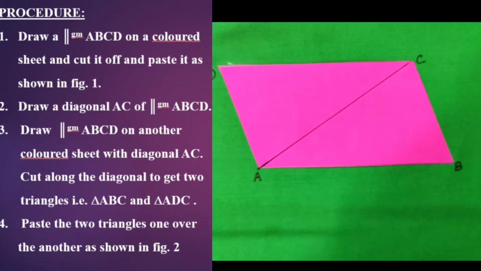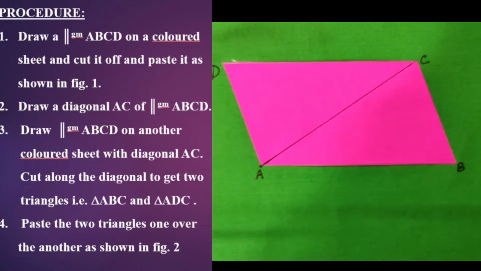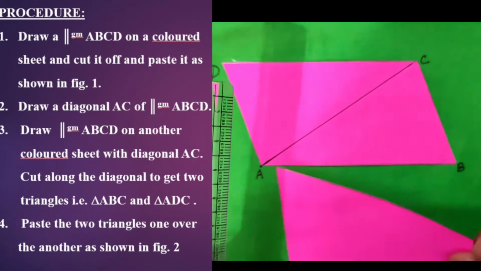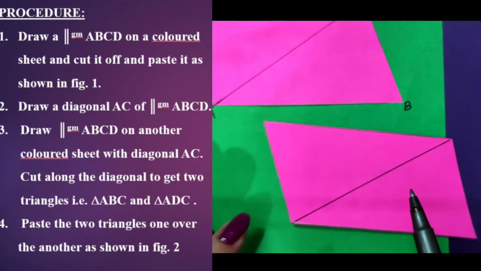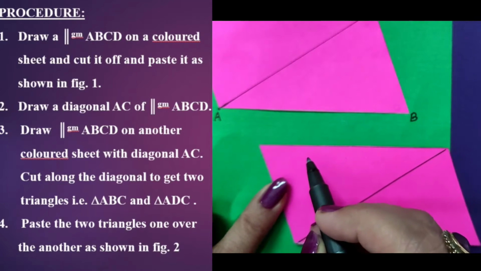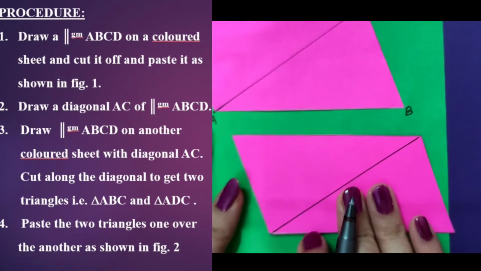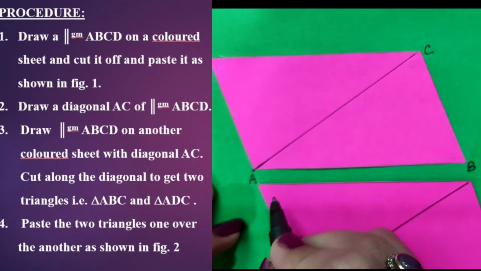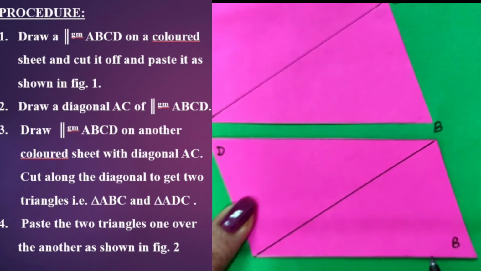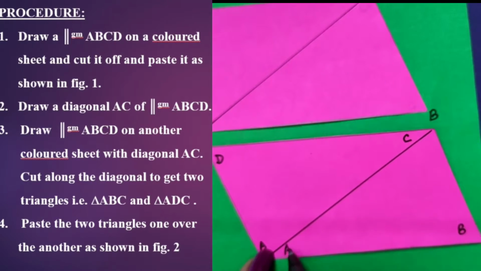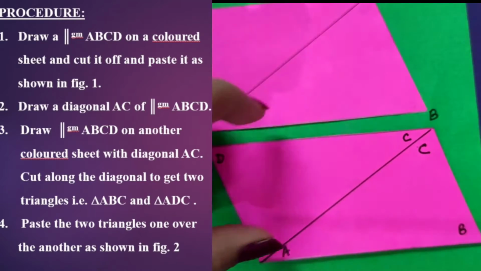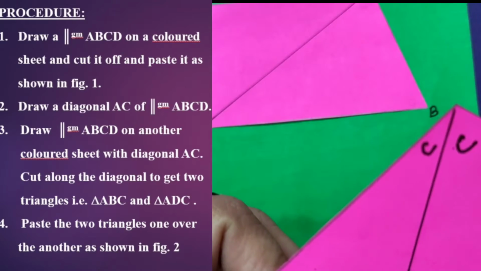Okay, so this is going to be the first figure. The second figure, I do the same thing with the parallelogram here, and I make the diagonal AC here also. Let me do the labeling inside this so that it becomes easy for me to understand it later. This was vertex D, so I marked this as vertex D. This was the vertex B. Then this was A. And this was C. Alright, this will also be the vertex A. This will also be the vertex C. So I'm going to cut it along the diagonal AC.